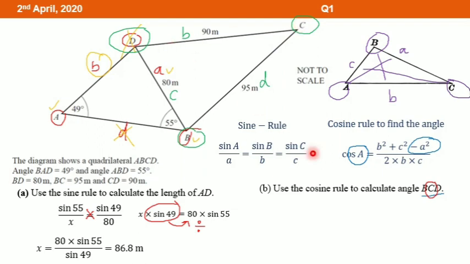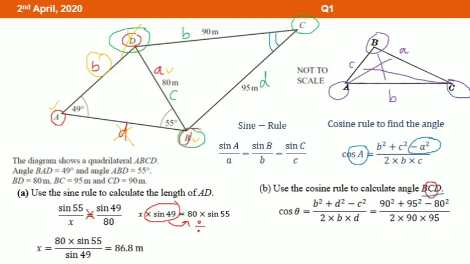We are going to find the angle BCD. It means we are going to find the angle C. So it will be cos C is equal to blah blah blah, right? I can write it as cos theta is equal to, so the angle C in here I assume it as theta. Cos theta will be equal to b square plus d square minus c square per 2 times b times d. I'm going to find the angle C, so the c will come only one and at the back. The rest will be following the other sides given.